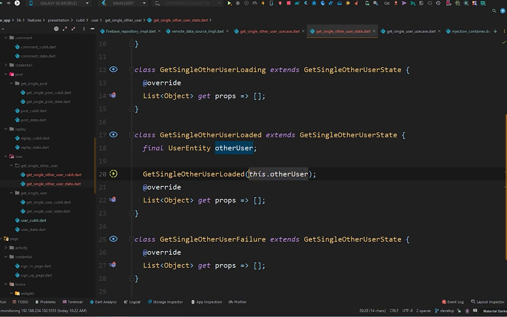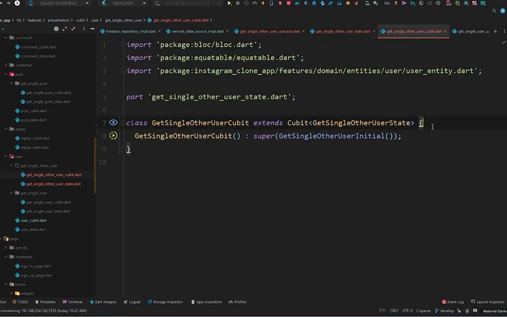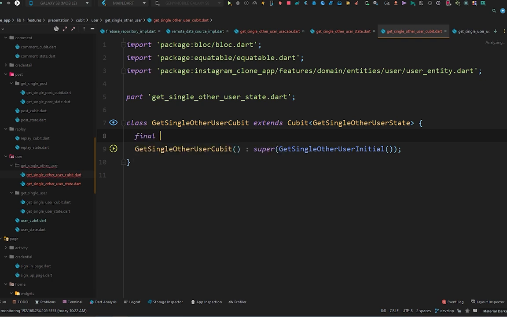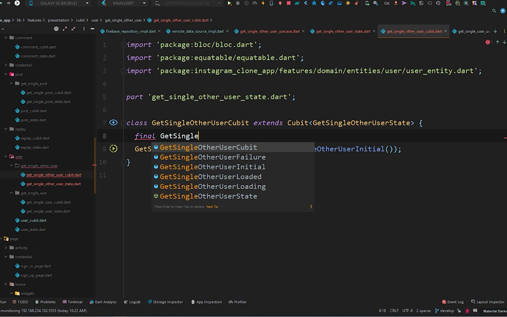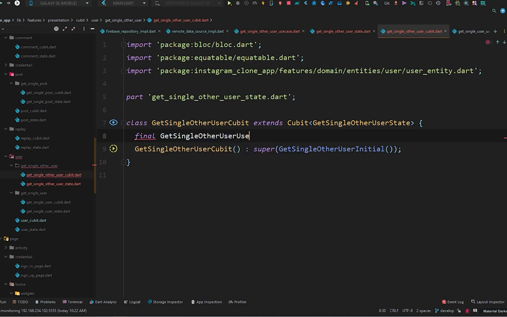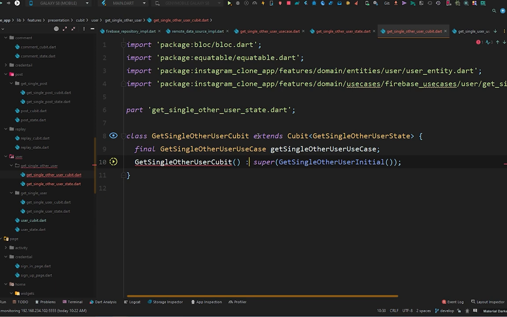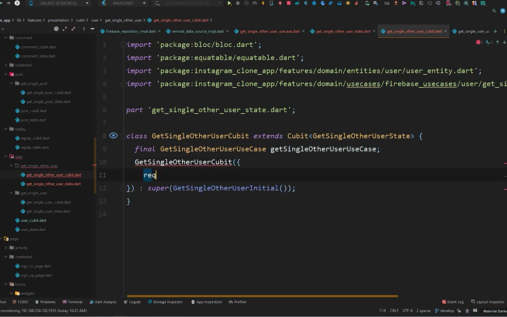Now make it required, and also pass it here in the list for the value equality. Now in the get single other user Cubit, we will take the instance of that use case, get single other user use case, and the name will be the same, and also import this and pass it in the constructor. Also make it required,